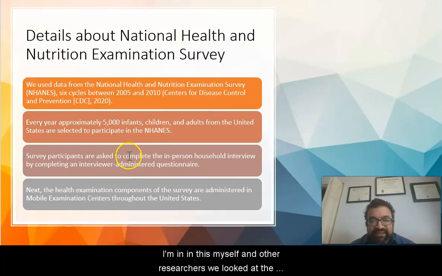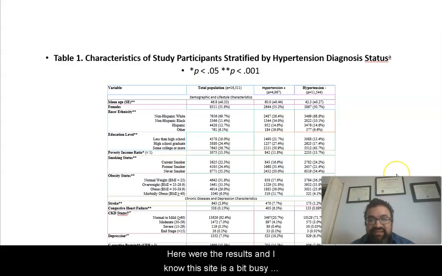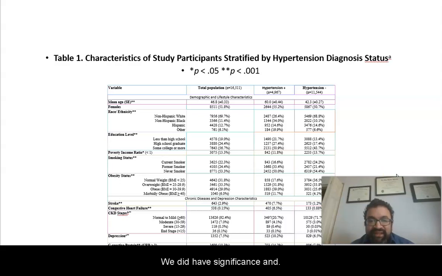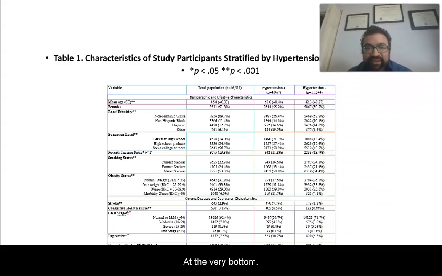So in this, myself and other researchers, we looked at the National Health and Nutrition Examination Survey. Of course, this is 5,000 individuals surveyed each year, and we looked at a couple of cycles between 2005 and 2010. So here were the results, and I know this slide is a bit busy, but if you look closely, we did have significance in many of these factors, including, I want to bring to your attention at the very bottom, the C-reactive protein